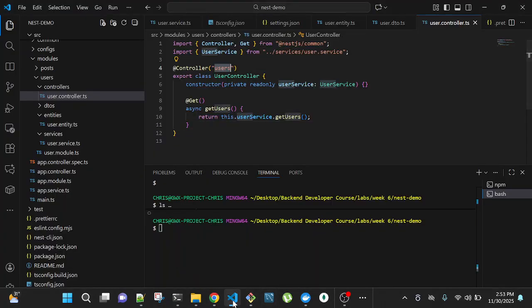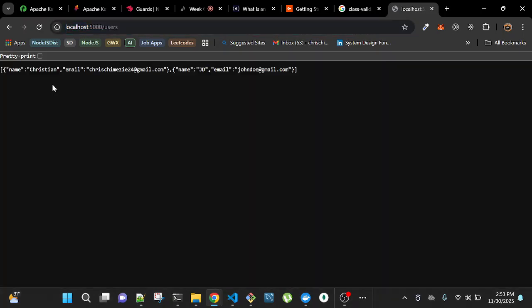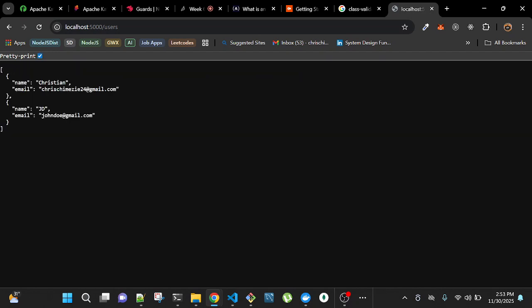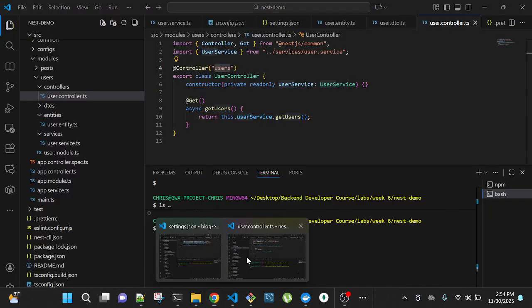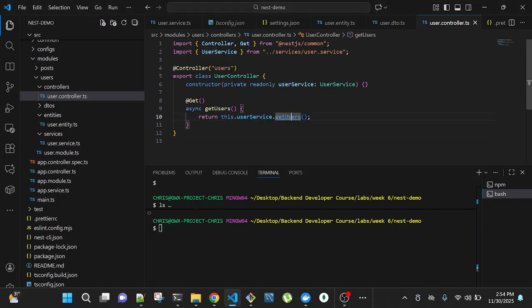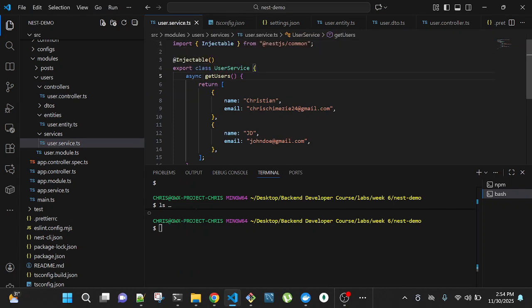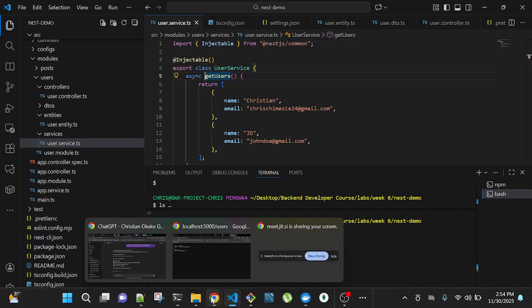Then if I click enter, we're going to see that array. This is the array here, the names here, that's what you are seeing here, right?